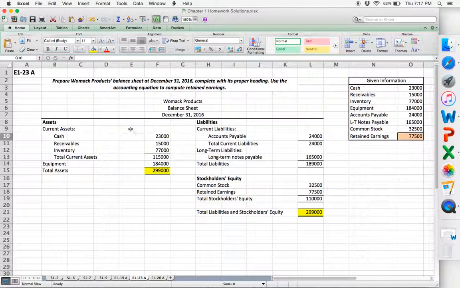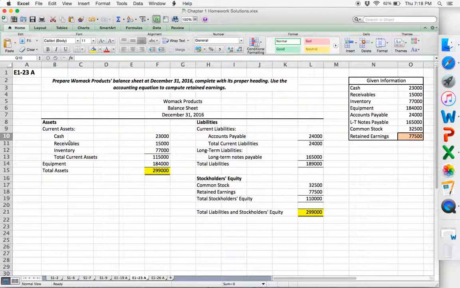So on this half, I listed out our assets. And again, it'll be broken down into current assets and then your long-term assets. So under your current assets, you always start off with cash. Remember how I said in class today that there is a specific order that your assets are listed out in, and that is in the order of most liquid to least liquid. And in terms of liquidity, that just means how easy is it to convert that asset into cash. So you can't get more liquid than cash, so you're always going to put cash first for 23,000.